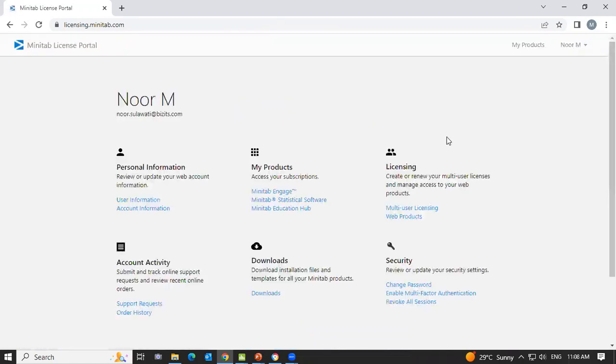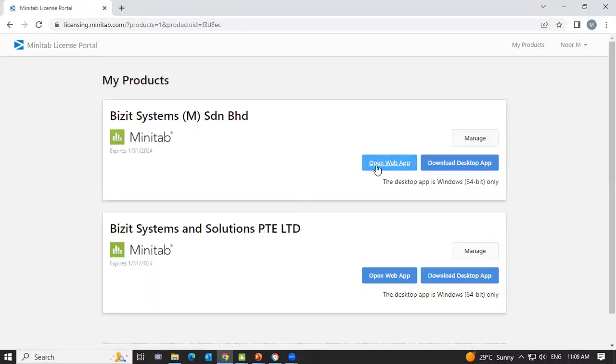So once you log into the Minitab portal, you will see My Product. Under My Product, you can see the Minitab Statistical Software. You click on that, and then you will see Open Web App. Since I have a subscription, I just choose Open Web Apps. So you open the web app, and